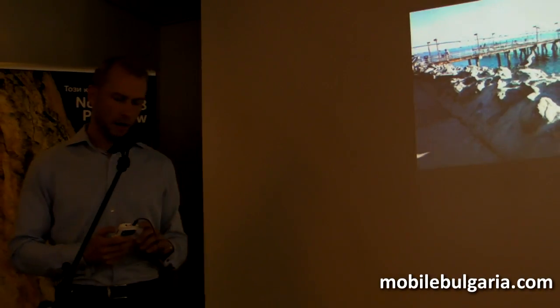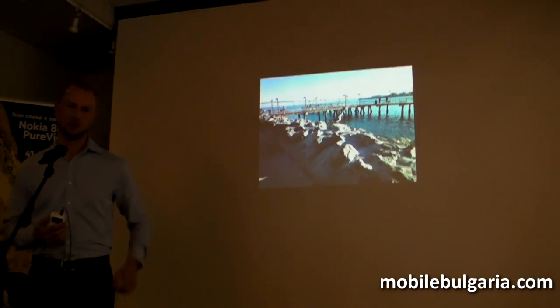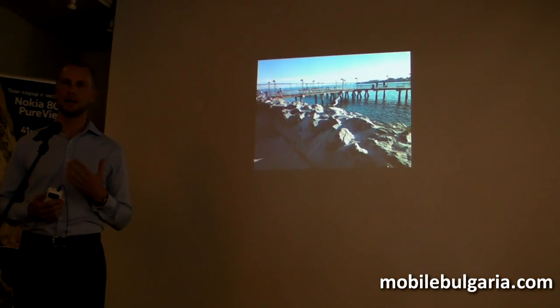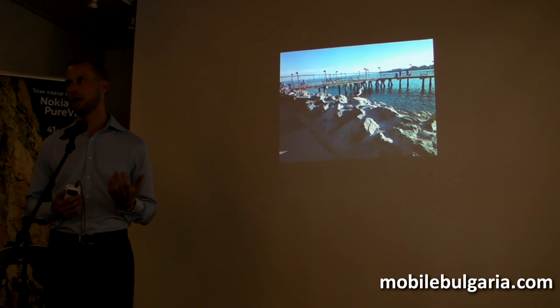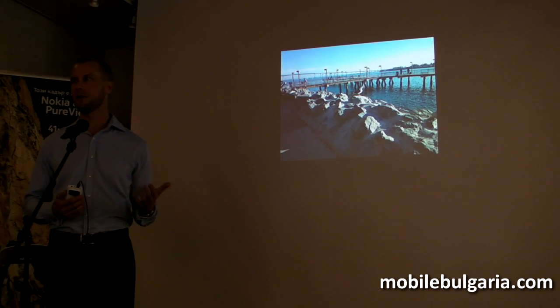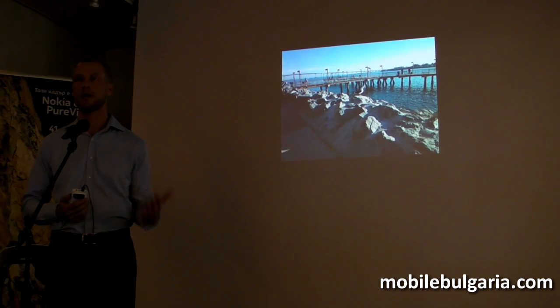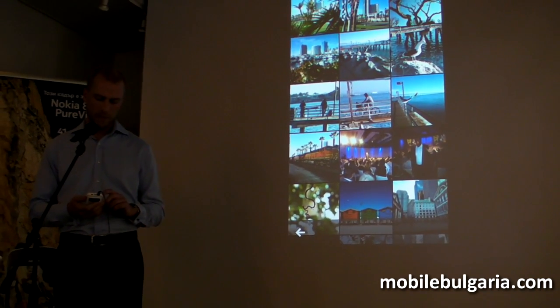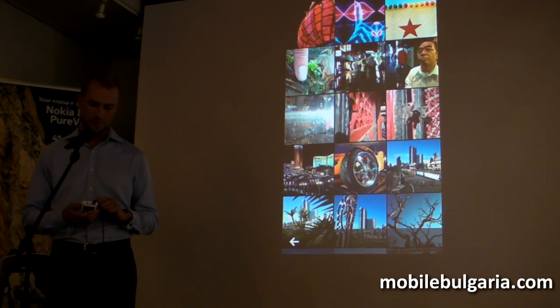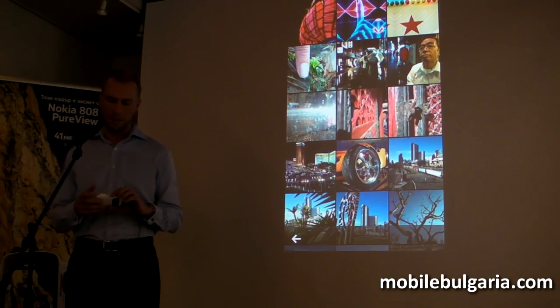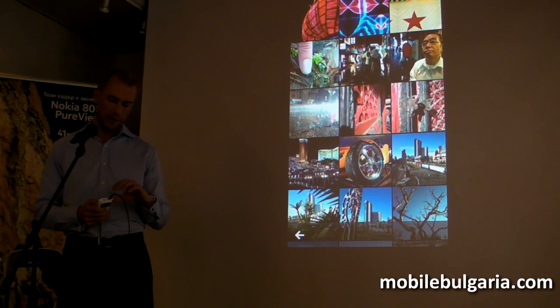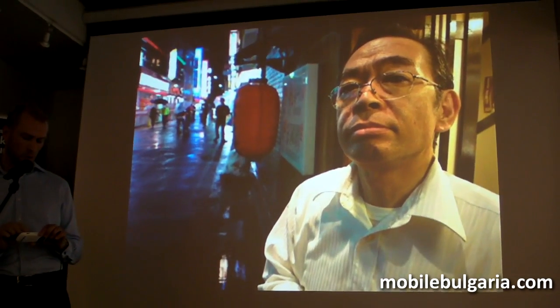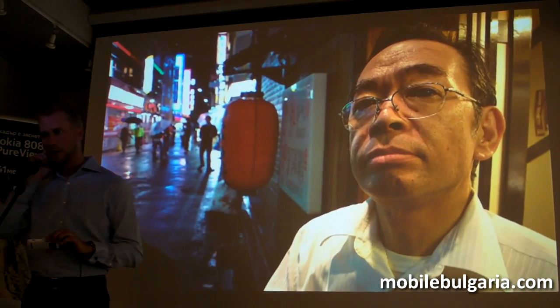Okay, then the other pain point we hear from the consumers we discuss with is that the low light performance in the current camera phones is very crappy. You just can't get beautiful photos in low light conditions, like indoors or at nighttime. And thanks to the PureView pixel oversampling technology, we are also now finally able to deliver great low light performance in a mobile device as well. So this is a photo we took in Japan in October with a very early prototype last fall